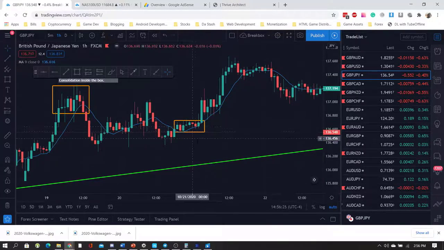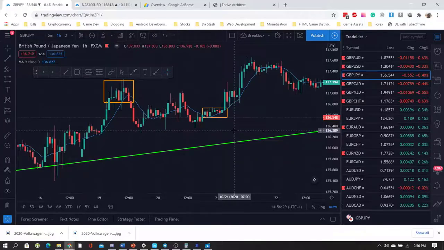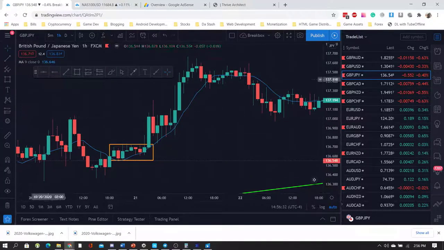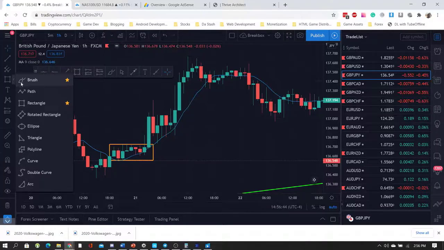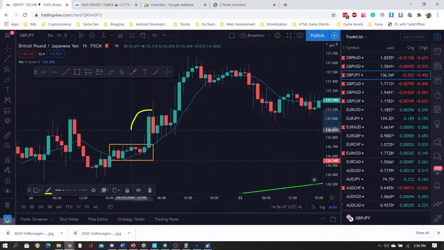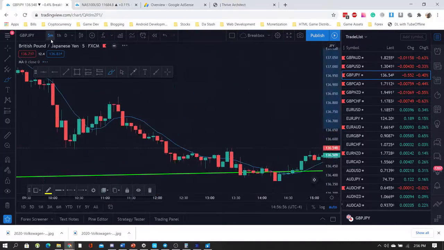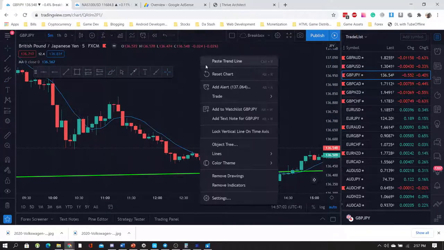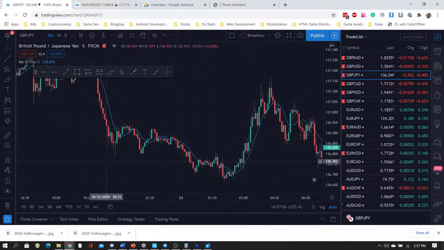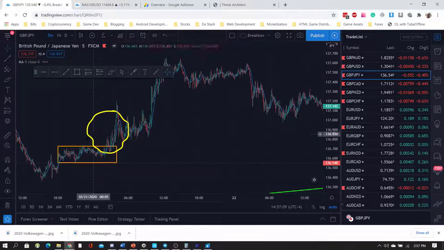So let's go back to this box right here, and I'll show you how to trade from this breakout. We want to enter this trade right here, so I'm going to circle that. Right. So now to enter our trade, we need to go to the 5 minute for our sniper entry. So let's right click, reset chart, and let's go back and find that box that we drew